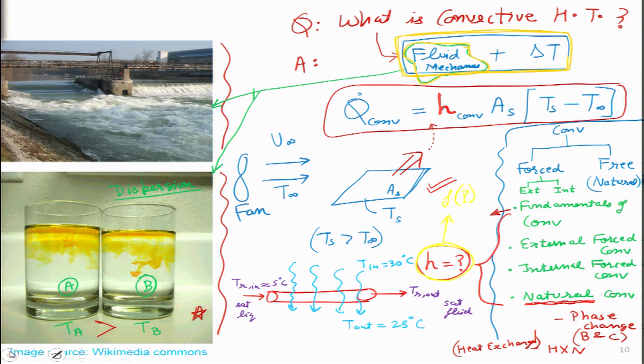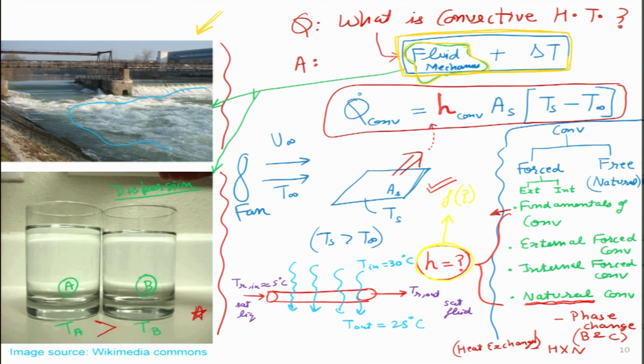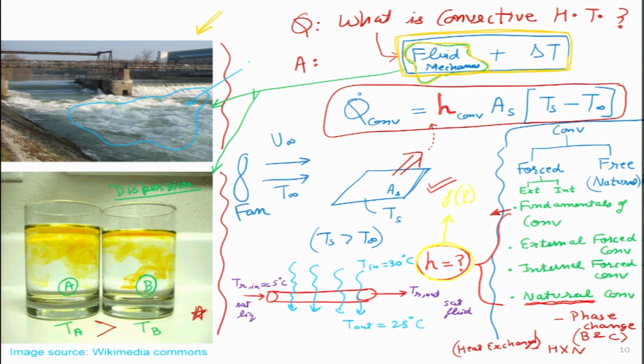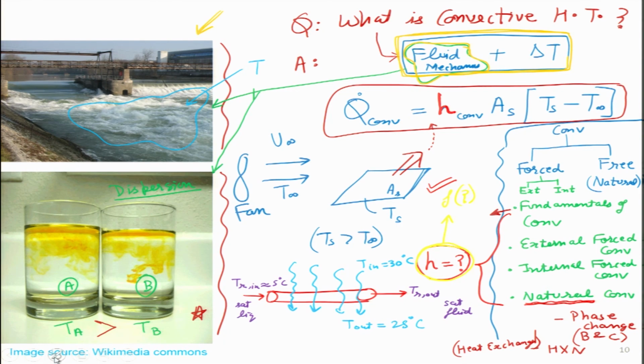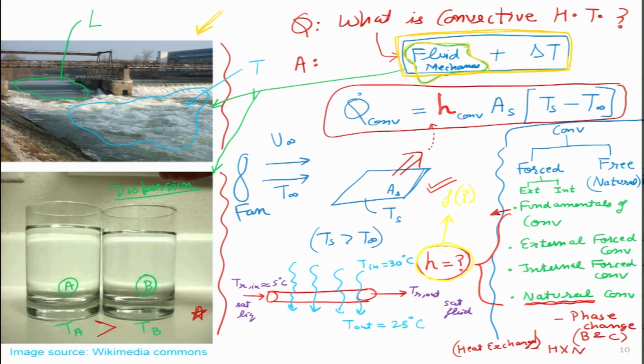With that idea in mind, I had shown this particular figure. I think our viewers, the students, may be able to see clearly that there is a zone where the fluid is highly turbulent. You can see a lot of eddies, vorticity, a lot of motion of the water in all directions. And if you see upstream in this zone, the water flow is very smooth, there are no eddies visible, so clearly laminar flow must be taking place there.